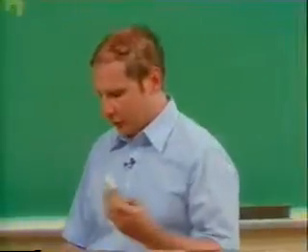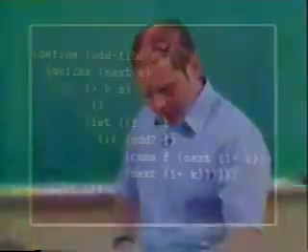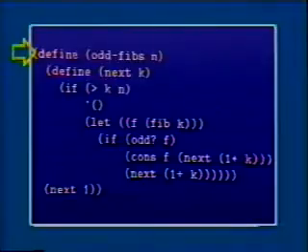So here's a procedure that does that. Find the odd Fibonacci numbers among the first n. And here is a standard loop, the way we've been writing it. This is a recursion. Right? It's a loop on k and says if k is bigger than n, it's the empty list. Otherwise, we compute the kth Fibonacci number, call that f. If it's odd, we cons it on to the list starting with the next one. And otherwise, we just take the next one. And this is the standard way we've been writing iterative loops, and we start off calling that loop with 1.